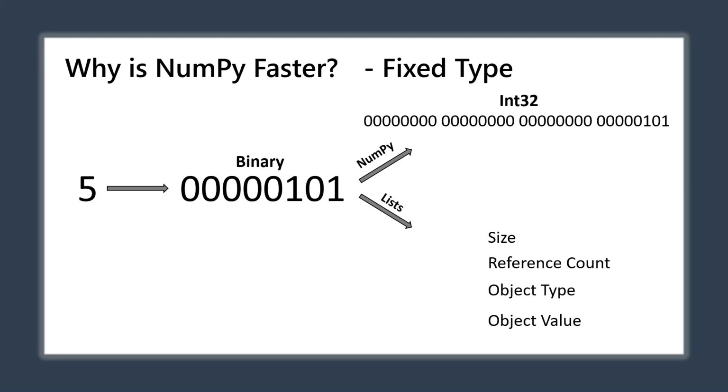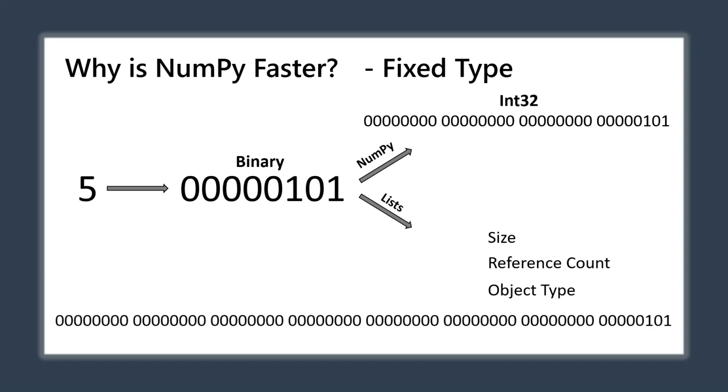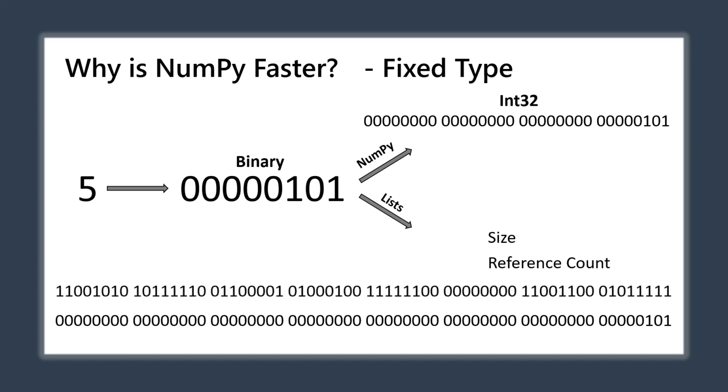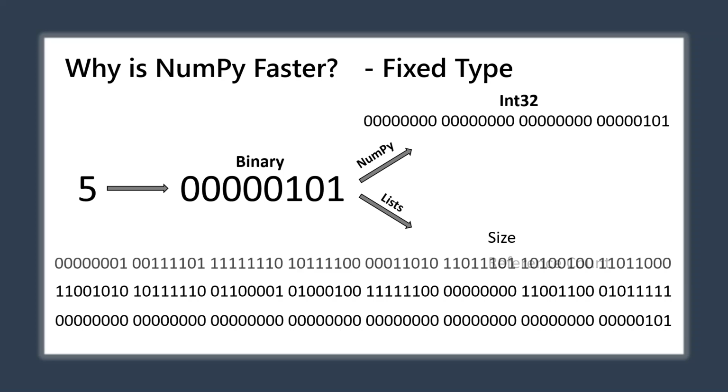If we break this up into the actual binary that it represents, we can take the object value, and that's represented as a long, which is 8 bytes. The object type, same deal. Reference count, same deal. And then the size, I believe, is a little bit smaller. I think it's only 4 bytes. But as you can see, that's a single integer within lists using the built-in int type. It requires a lot more space than NumPy. So basically the takeaway from this is